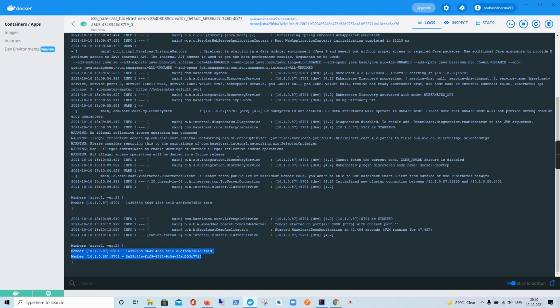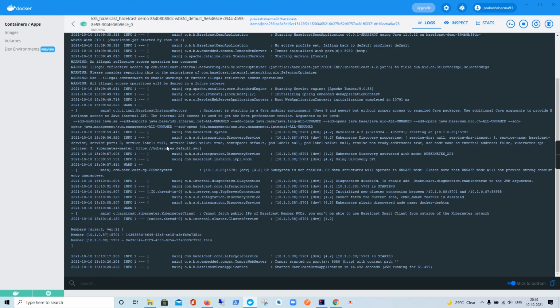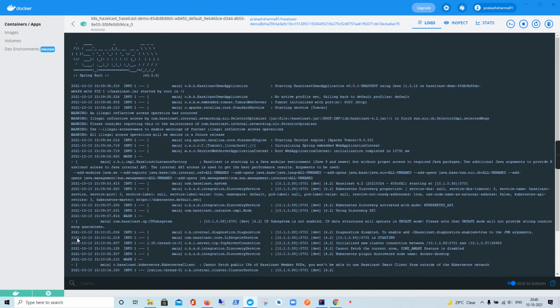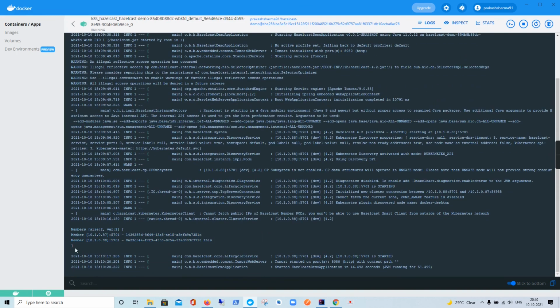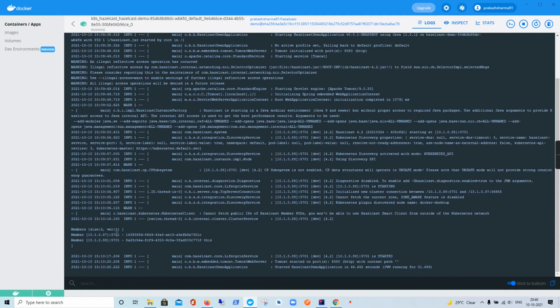So they should be able to communicate and share the distributed data structures among themselves. Here again is another member, the logs of another member which has connected with the other member. I think whatever we did was really successful, and we were able to establish a connection